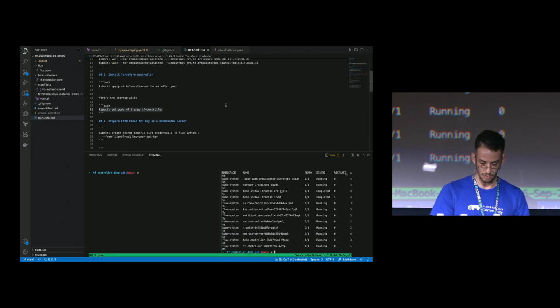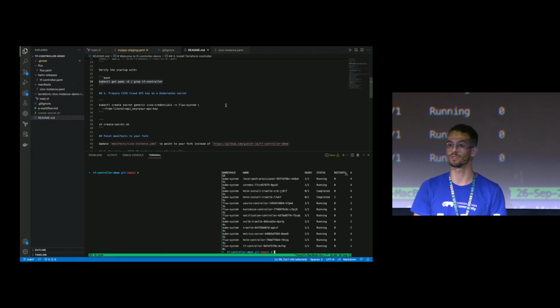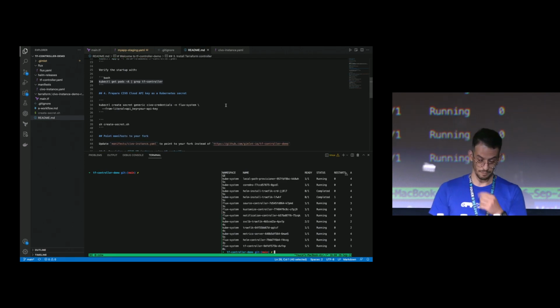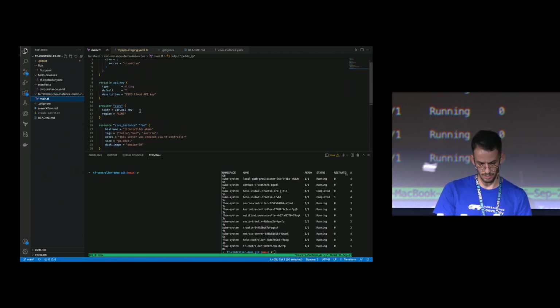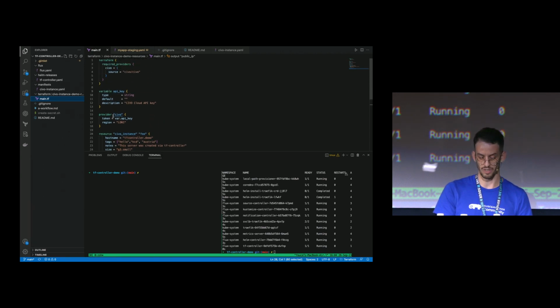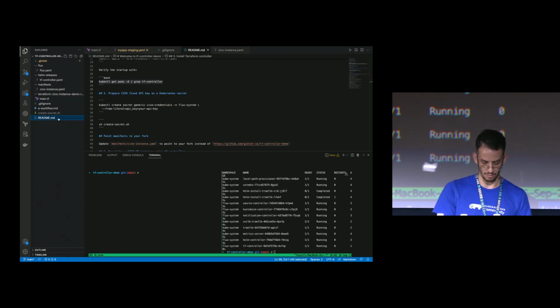The first step would be to prepare Civo, which is a cloud API. So we're going to create a secret to pass our cloud API token, which is basically the same as, you guys are familiar with this, a provider needs a token, so we're going to pass the variable from a secret to a variable in Terraform. So to do that, we just created a shortcut for that, just for security reasons.